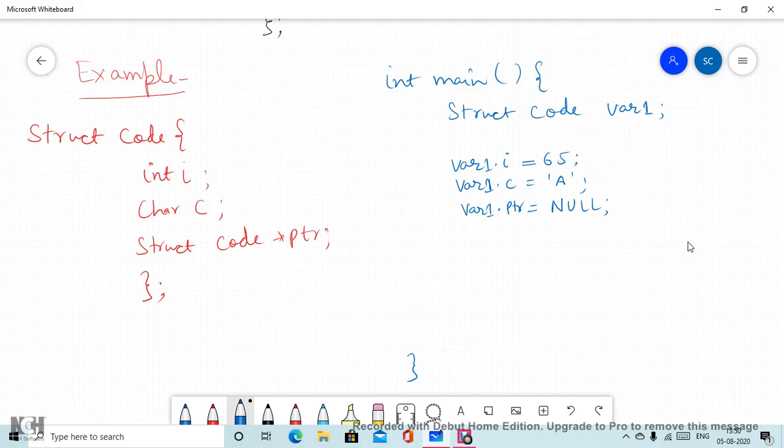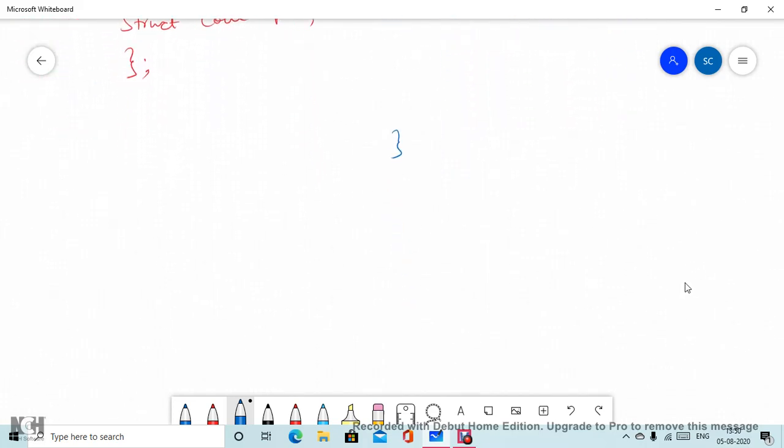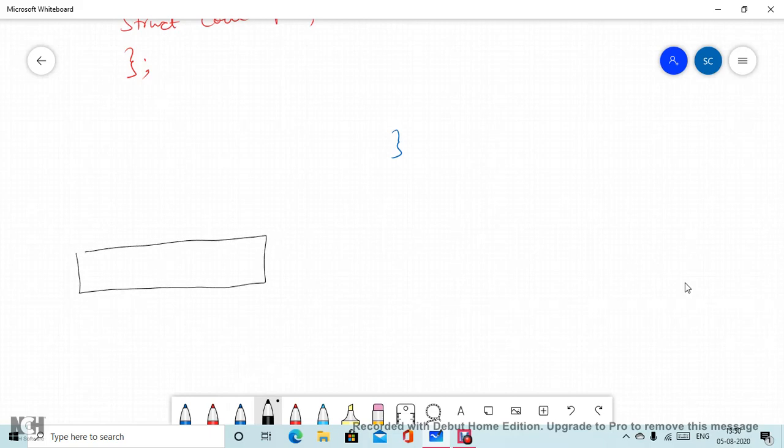Now let's take a pause over here in this code before writing some other things. Let's see how it will look, what will be the memory visualization of this variable. So let's make